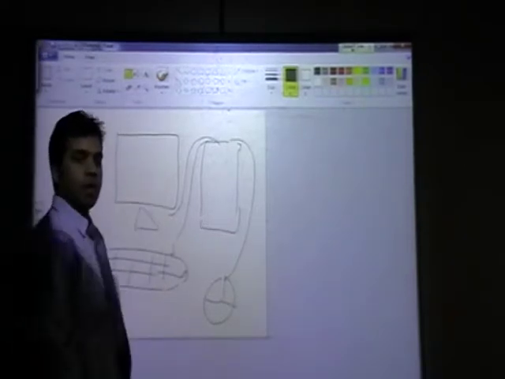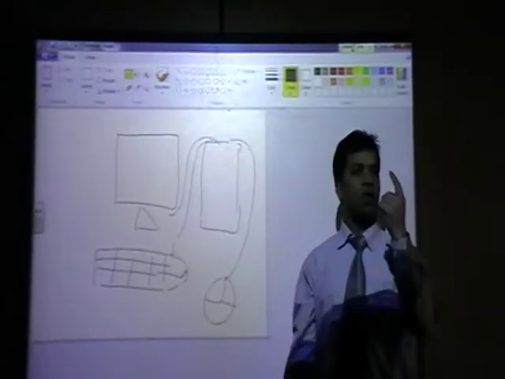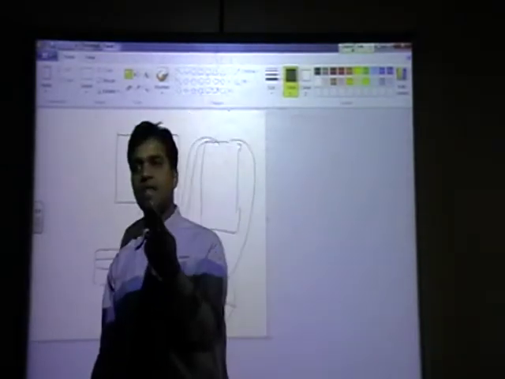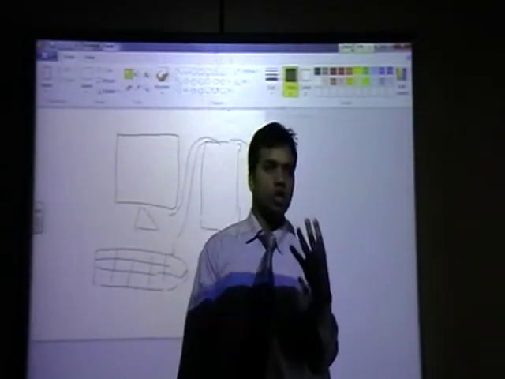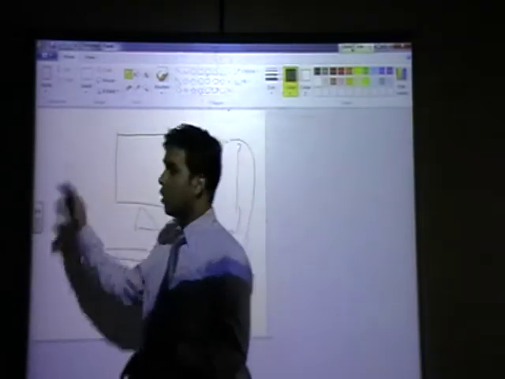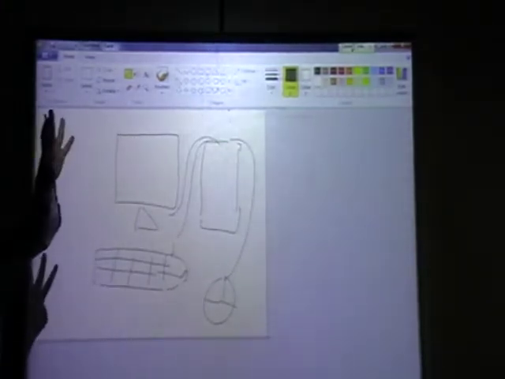Now save this file in folder 1. You know where folder 1 is? Folder 1 is in the D drive, share folder, D drive, KSU. Click on it. Have you finished this one picture? Make any picture, just click anywhere.